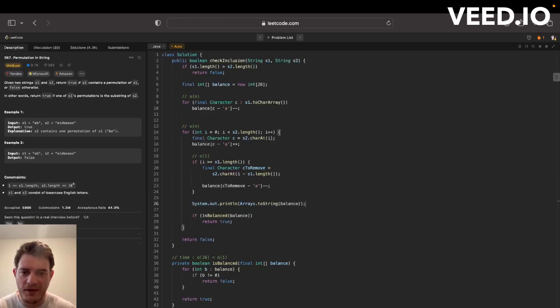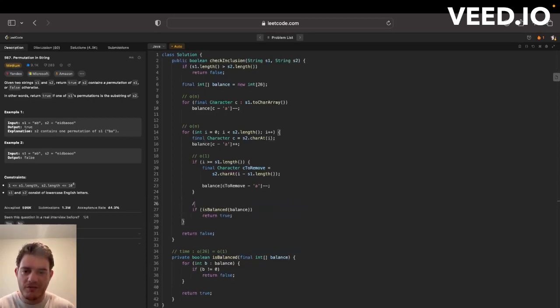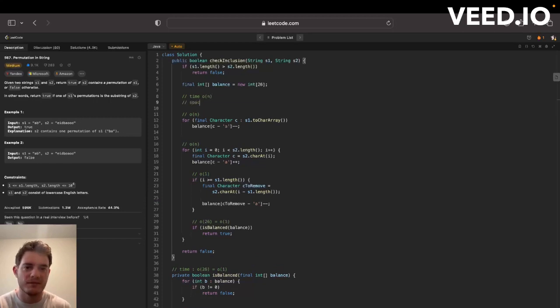Let's go here and not print this out. And this isBalanced, we already figured out what this is. It's O of 26, which is equal to constant time. So overall, I don't see anything concerning. We have O of 2n, which is O of n. So time is O of n, and space is constant, because all we're doing is counting the characters. We're just holding this, and this is a fixed size of 26, and that's due to the